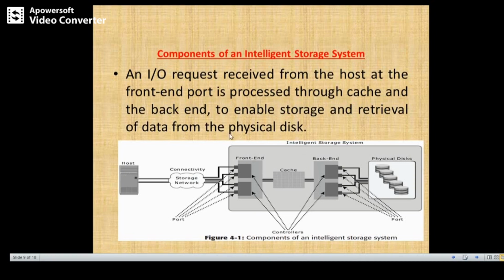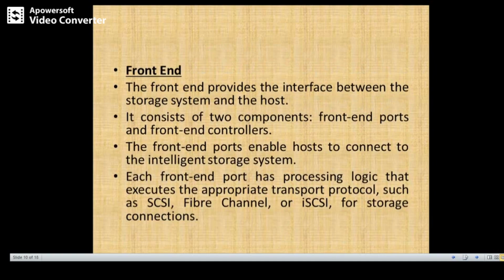The IO request is received from the host through the front end, processed through the cache, and finally enables the retrieval or storage of data on the physical disk.